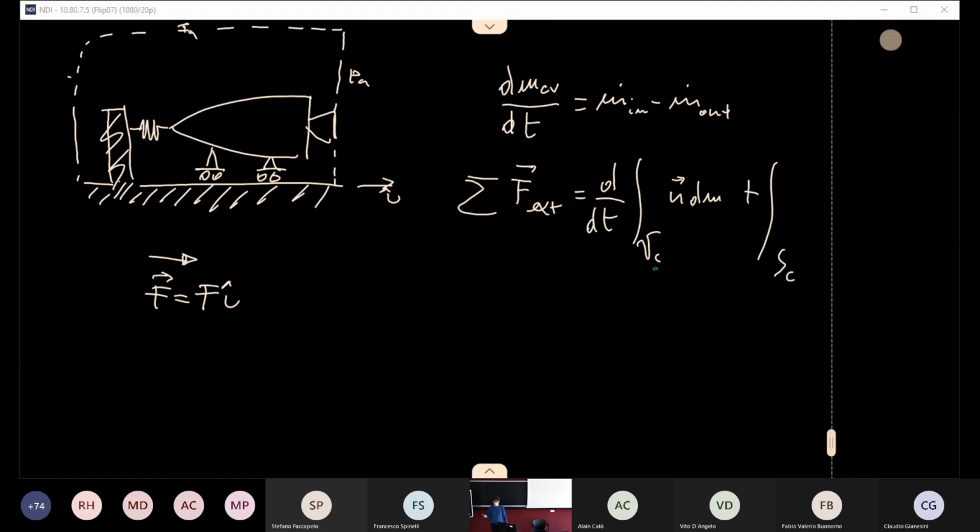So this is the control surface, and here you have to consider the elementary flow of mass at each point of the control surface, which will be given by density, velocity, and elementary surface, with the velocity in the direction normal to the surface. By the velocity, we have the momentum. So here we can write U by U and